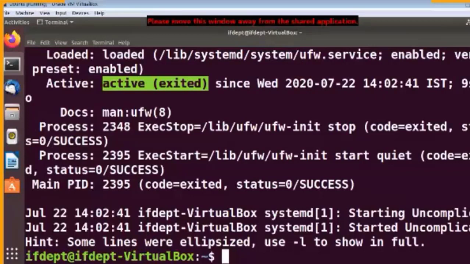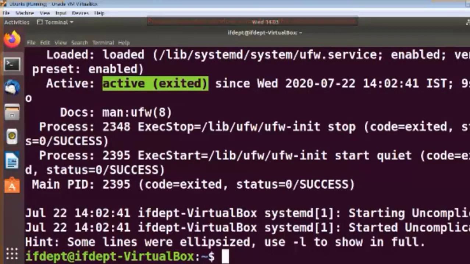So what we have seen, we have seen the status of the service, we have stopped it, then we have again restarted it. And I have shown you two ways to do this, using the systemctl command, and another method is /etc/init.d/service name, and in front of that either you type start, stop or restart. So this is how you can do this.